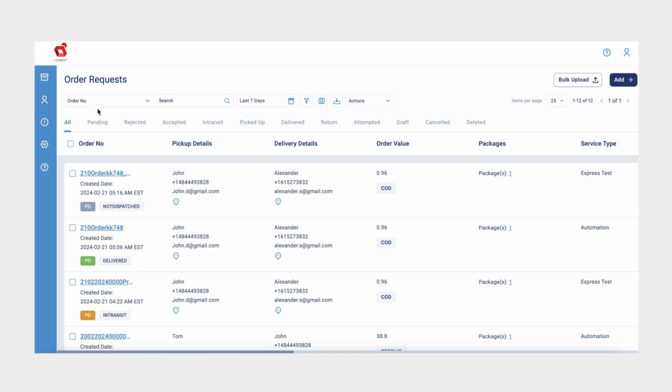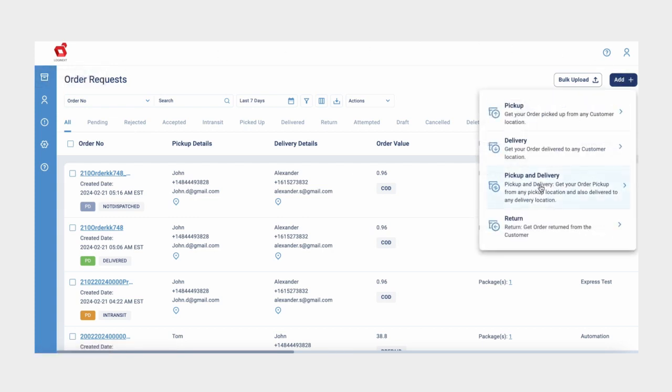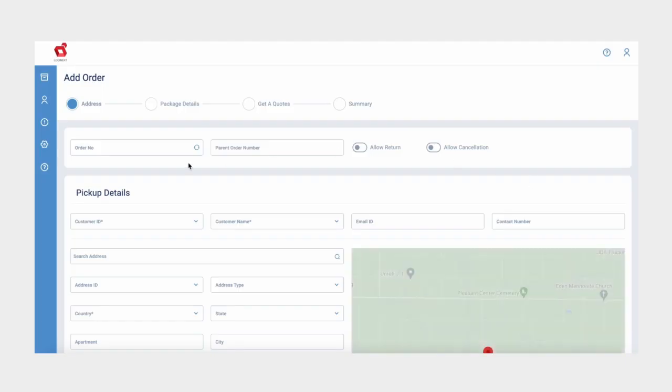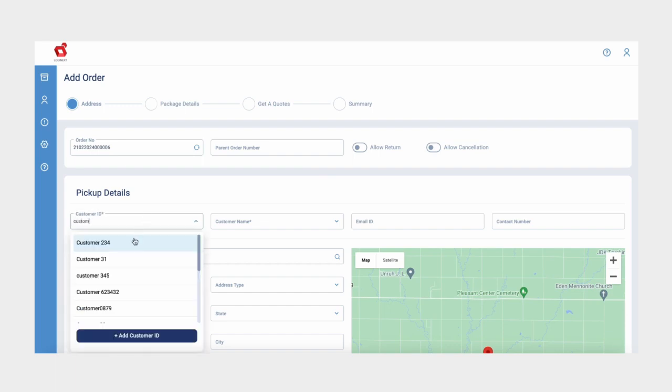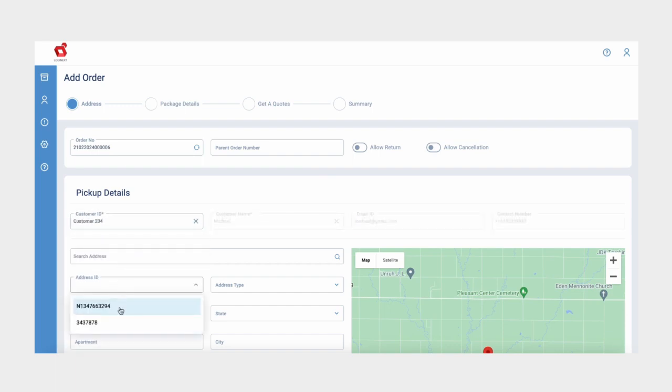To do so, click the order request icon on the left navigation bar, click the Add button, and then select Pickup and Delivery. Enter the order request number or click this icon to generate one automatically. Enable the Allow Return and Cancellation toggles if needed. Input pickup and delivery details, such as Michael and David's addresses,